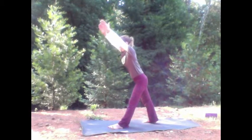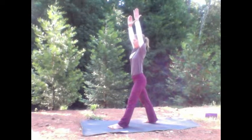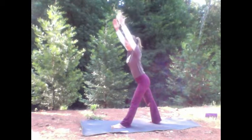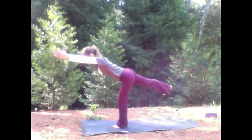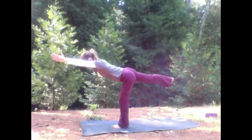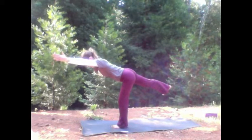Left hand joins the right overhead as you once again root down in that left foot, spread the toes nice and wide. Strong base to work out of as you shift the weight forward. Right foot tips forward and eventually lifting off the mat, trying to find horizontal. Seeing if you can bring that torso down nice and low. There we go. Heel lifting. And releasing out